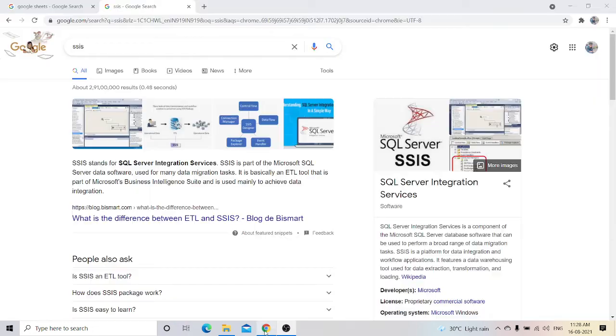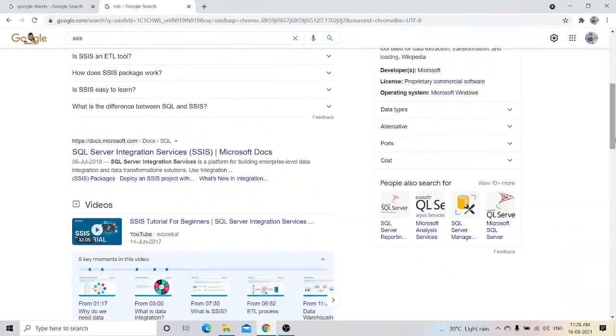Hello friends, so this is Santanu and today we are here to discuss SSIS, which is nothing but SQL Server Integration Services. So as we know, it is a basic ETL tool. ETL is extract, transform and load tool,